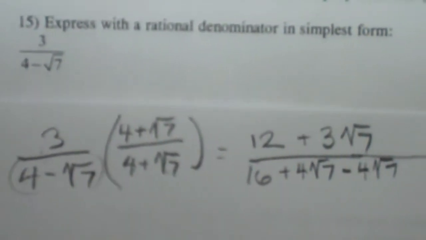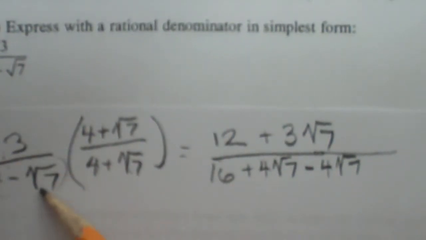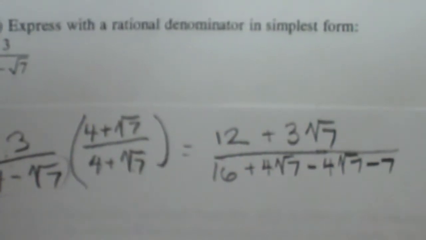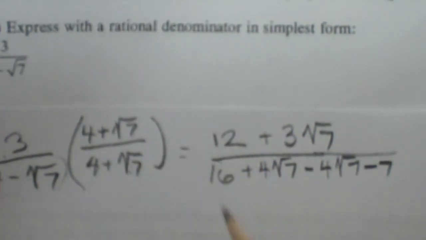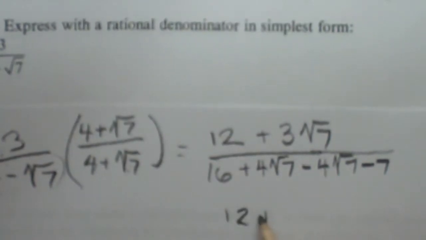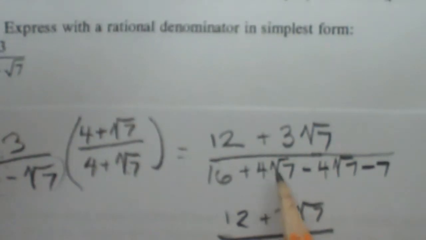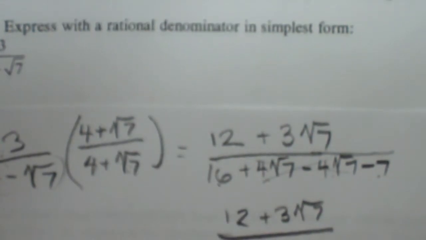Right? And now we can distribute the negative radical 7 again. Negative radical 7 times radical 7. Well, that comes out to be a negative 7. Is there anything that can cancel out here? Yes, there is. And if you've done it correctly, something should cancel out whenever you multiply two conjugates together. So on the top, we still have 12 plus 3 radical 7 over 4 radical 7 minus 4 radical 7. These parts cancel out. 16 minus 7 gives us a 9.